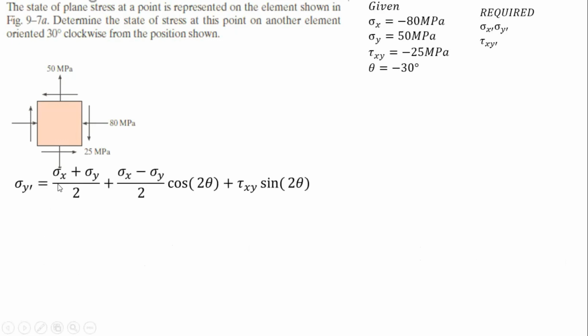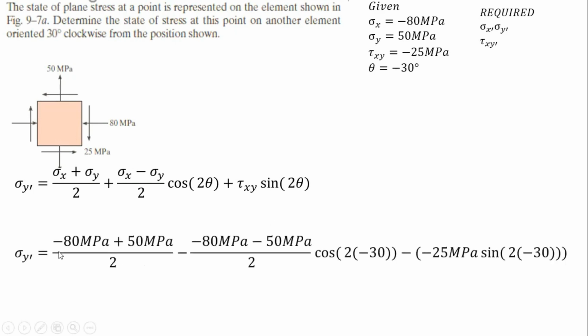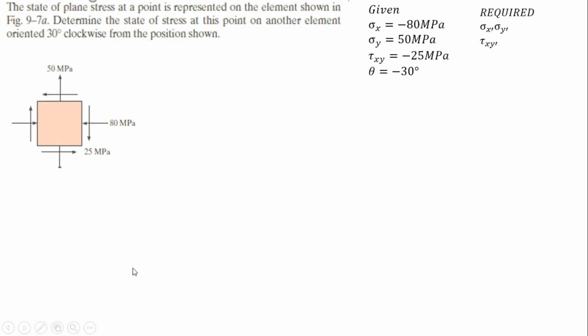So sigma y prime, yung formula natin, ipakita nyo lang din. And then, ipakita nyo rin yung substitution ng mga parameters natin. And directly inputting it in your calculator, ang makukuha nating sagot is negative 4.15064 megapascal. And lastly, tau xy prime, yung tau xy prime natin is negative sigma x minus sigma y divided